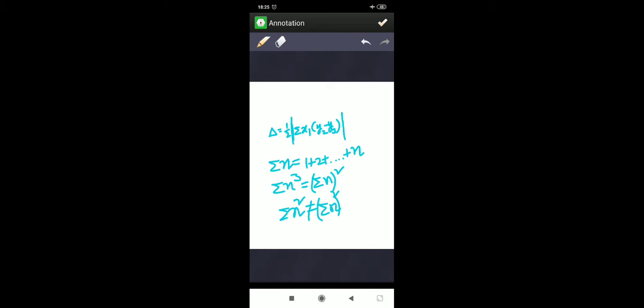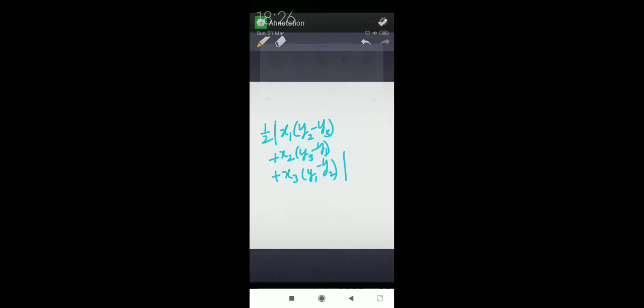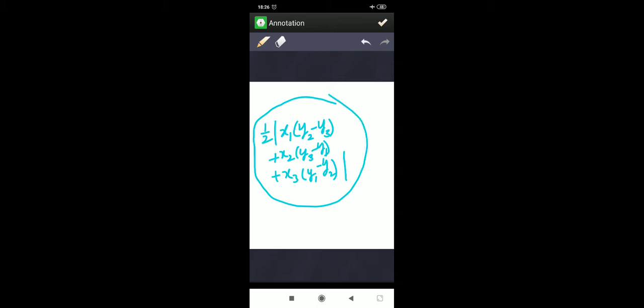Opening of sigma I will show to you once. Wait. Here they have given, check it. If I take away the sigma, I will get this formula. Half of sigma x of y minus y means 1 2 3, 2 3 1, 3 2 3, 1 2, like that. A series of order 1 2 3, 2 3 1, 3 2 1, like that. Okay, check it there.